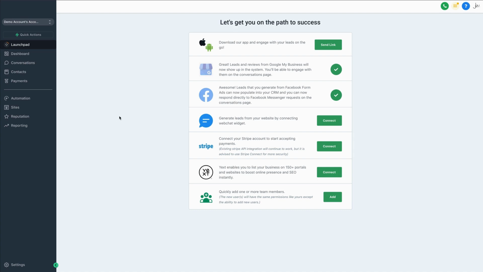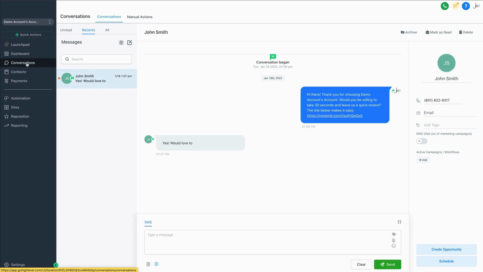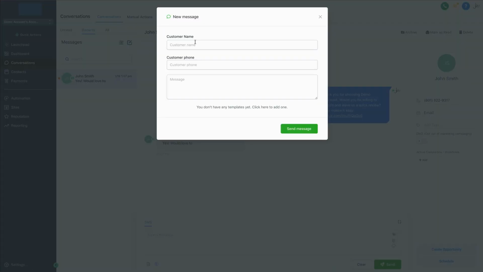Now, to send your first text message, what we're going to do is come over here to the Conversations tab and click on Conversations. And then to create a new custom text message, we're just going to click on this compose message icon, and then we're going to type in the customer's name. So for this example, we'll put in John Smith, and then you can see it's already populated this person's contact